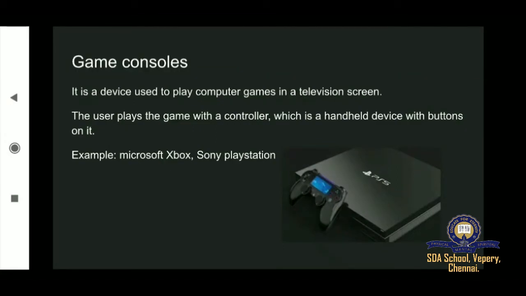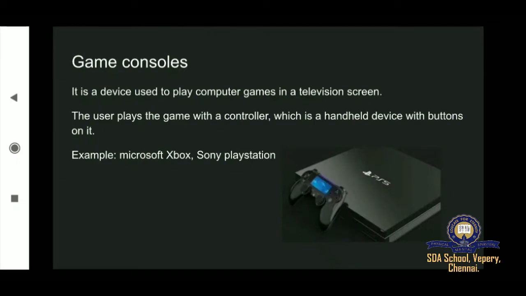So the types of mobile computers is over. We are going to the next topic, the game consoles. If a question is asked on mobile computers, you have to write what a mobile computer is, everything about mobile computers, and also the types of mobile computers. If the question is asked about types of mobile computers, you have to name the types and then explain them as well. And for everything you have to give examples.